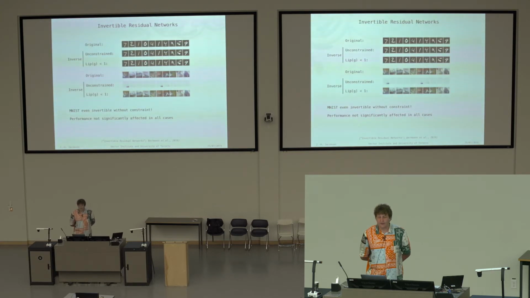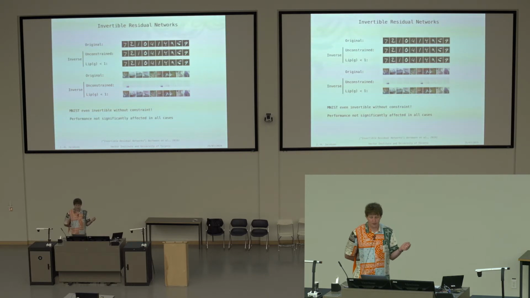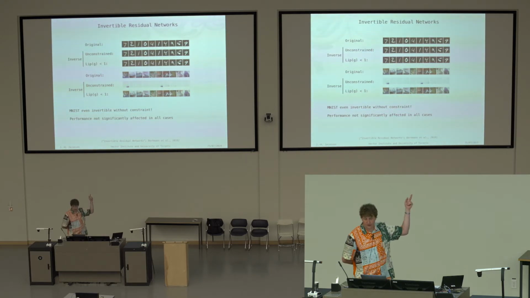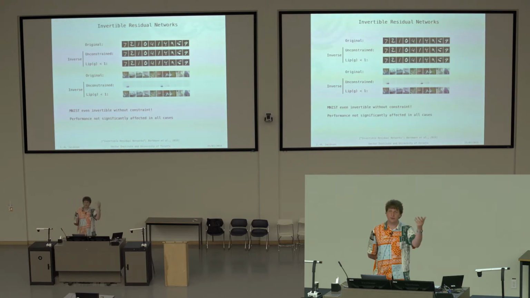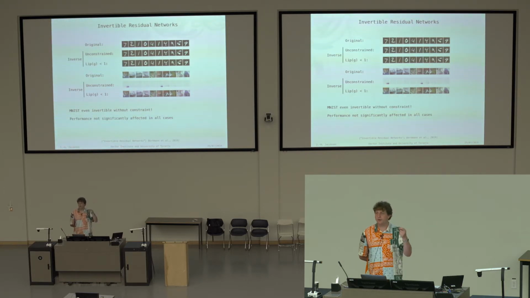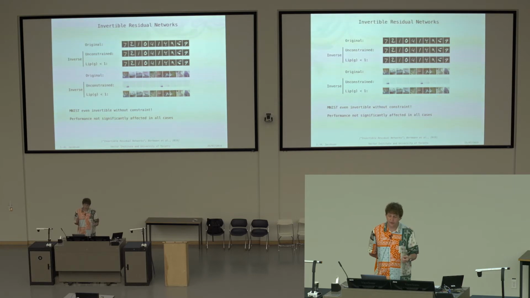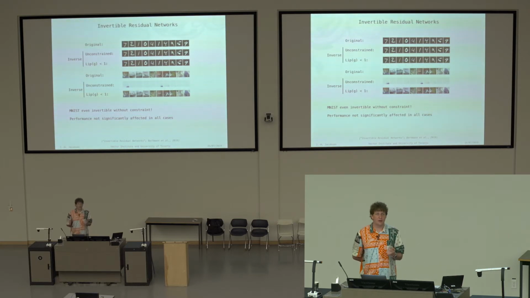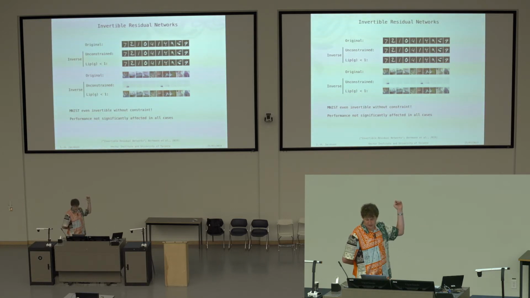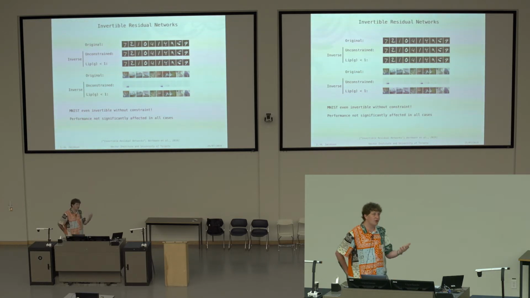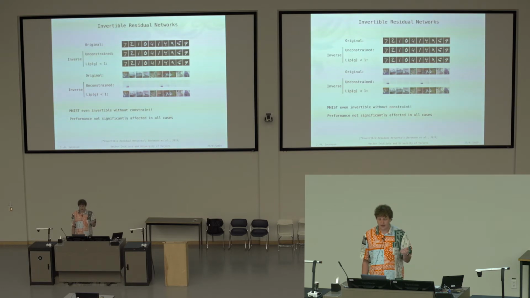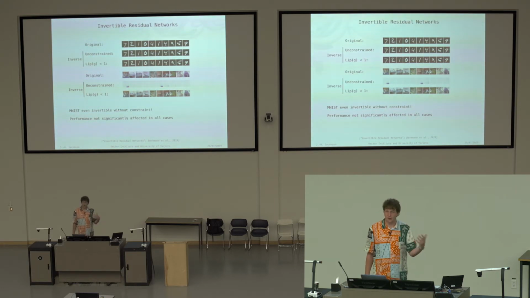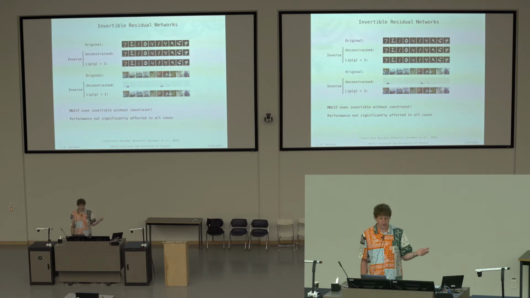Right, so here you can see some inversions of residual networks. On the top, you see original digits. We pass them through the whole ResNet, and then with the fixed point iteration scheme, we compute the inverse of the network. And on CIFAR 10, we do the same, basically. So you see, if it's unconstrained, so if we don't constrain the Lipschitz constant of the network, then on MNIST, we can even already recover the inputs that way. And if we constrain the Lipschitz constant to be smaller than 1, it still works well.